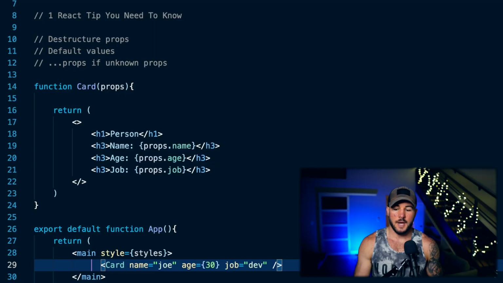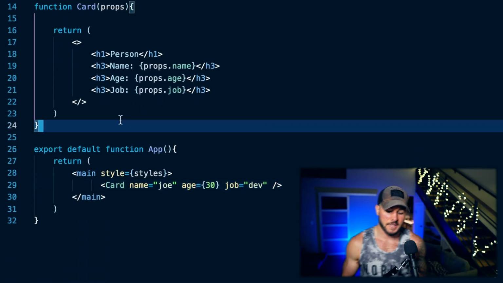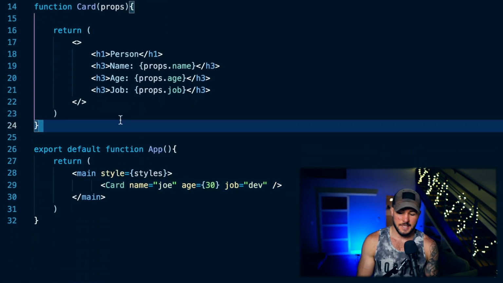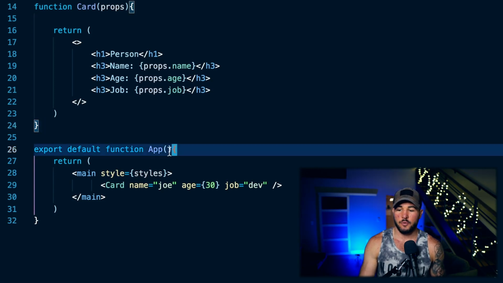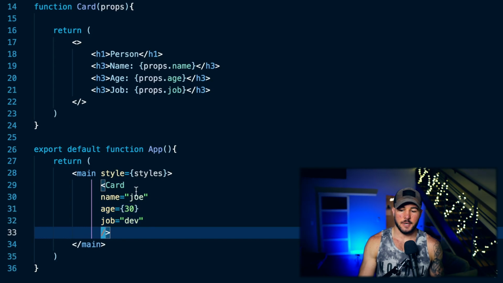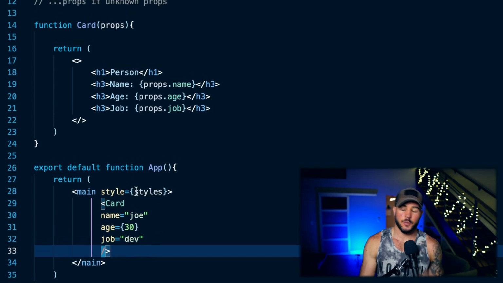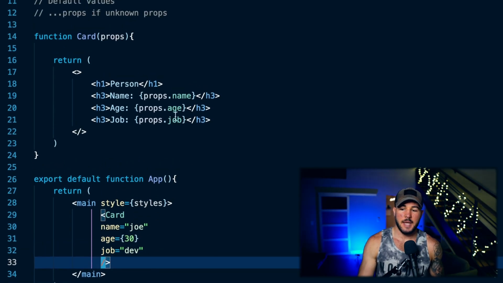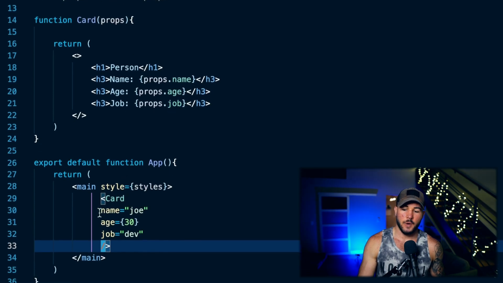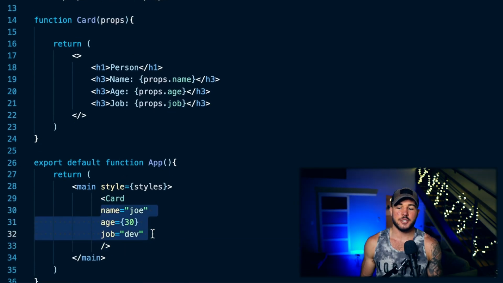So what I've got going on here is a card component, and all this card component is going to do is render out someone's name, age, and job. And then I'm going to render that component within my overall app component that you see down here. This card component is going to take 3 props: a name, age, and job. And as you can see, when I render it out, I pass the name, age, and job all to my